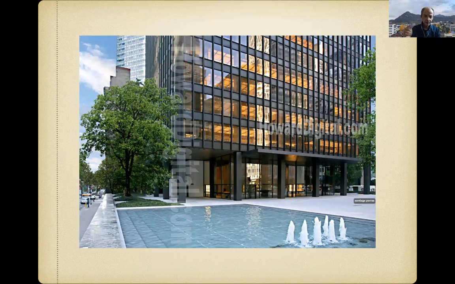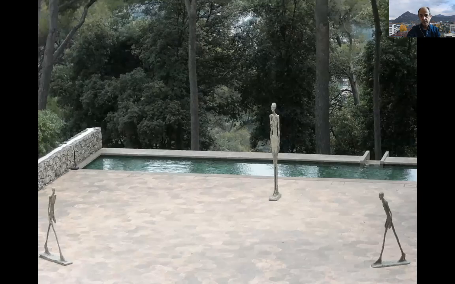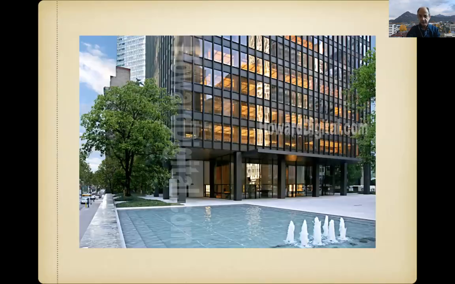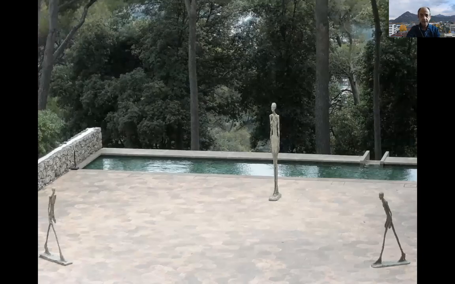One thing which is interesting, this is like a very classical plinth also. New York is not totally flat. You have some kind of a slope on the streets. So, well, this is the Giacometti sculpture. So you can see the connection of both images.